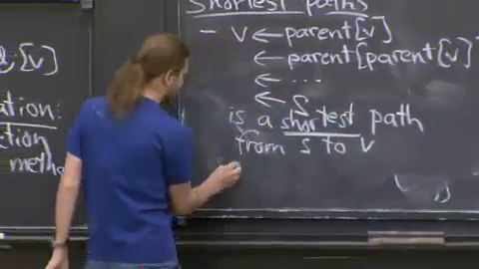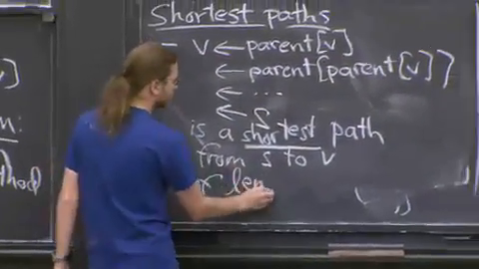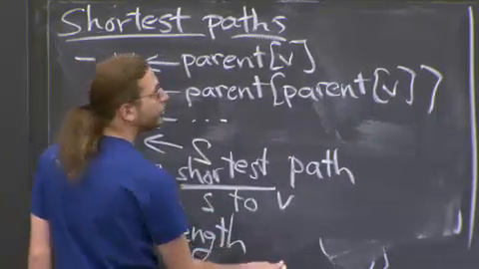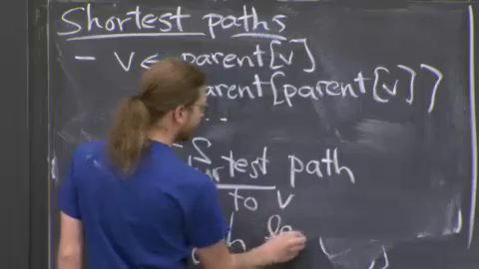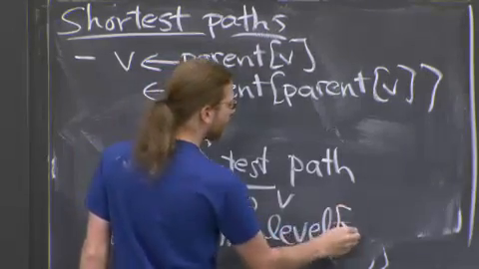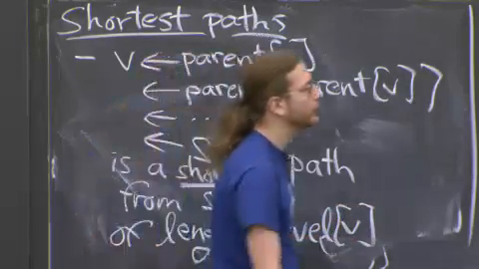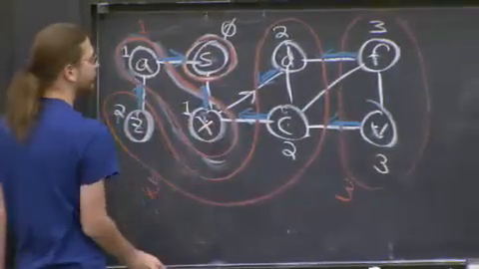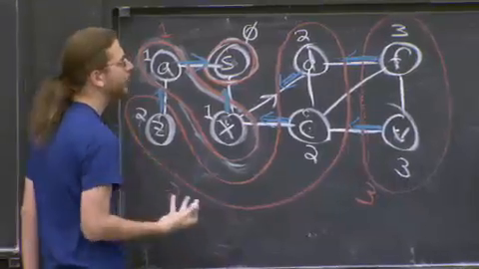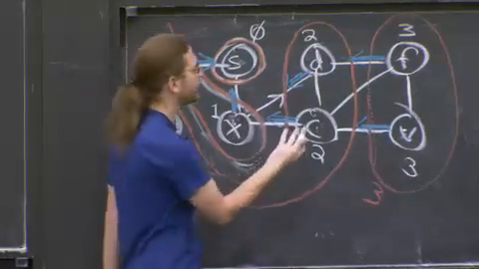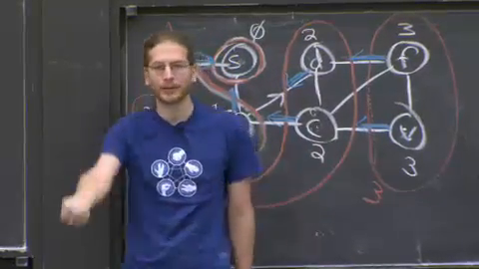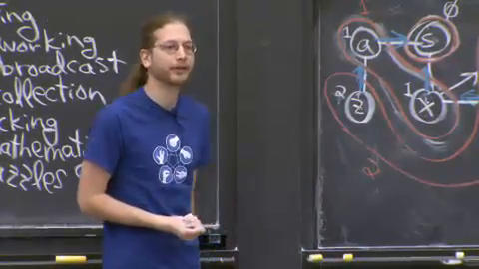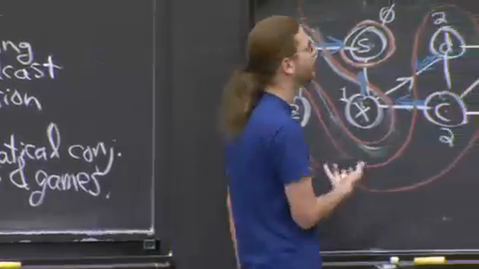And the length of that path, so shortest here means that you use the fewest edges. And the length will be level of V. That's what we're keeping track of. If the level is 0, you can get there with 0 steps. If the level is 1, you can get there with 1 step. Because we're visiting everything you can possibly get in k steps, the level is telling you what that shortest path distance is. And the parent pointers are actually giving you the shortest path. That's the cool thing about BFS.